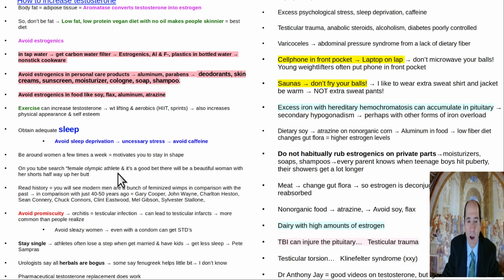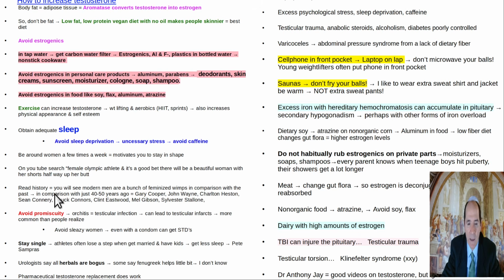And also, as far as seeing women, just seeing women is good for the male brain. Just type into your YouTube channel, female Olympic athlete, and I will bet you they'll show a pretty female athlete with her shorts half up her butt. You ever notice that, how almost all the pictures of female athletes are from behind with the shorts half up their butt? Anyways,